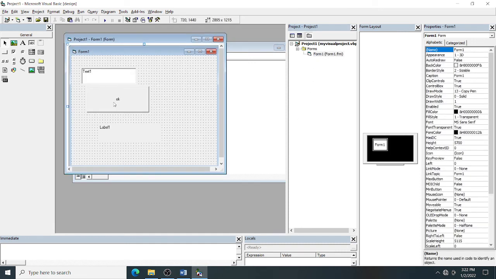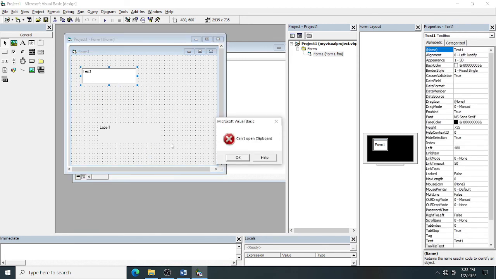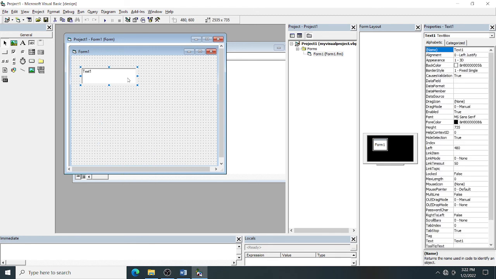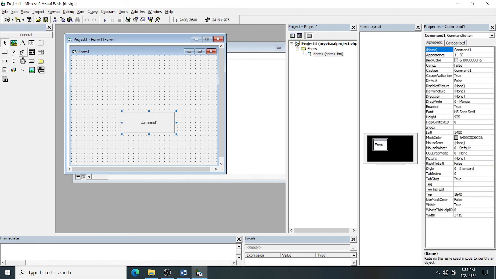So design will come. I don't want all these things. Okay, so we will do one program, a simple program. I will take one command button. I will take one label.